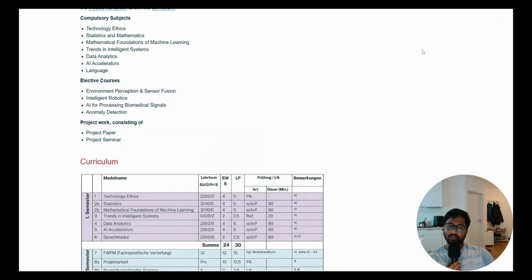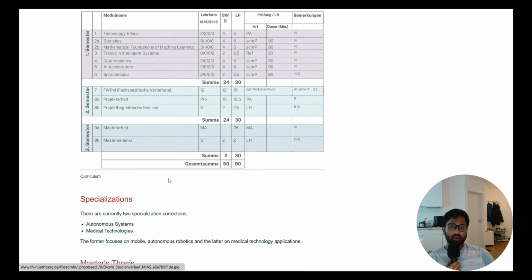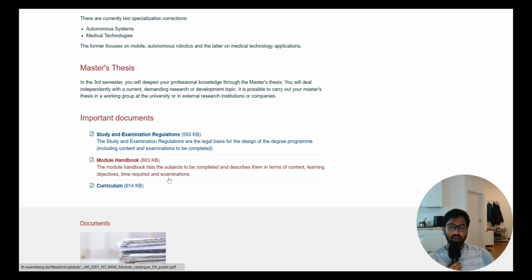Then in project Arbeit seminar, this will be your second semester, and in third semester it will be generally for Master Arbeit and Master Arbeit seminar. So this is how the course is divided. And when the course is also divided, the first semester or the compulsory subjects are these and elective courses are these. When it is divided, if you want to also get to know more about the courses, there is also a